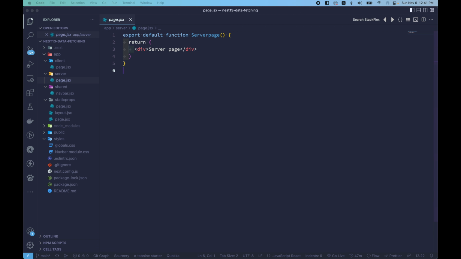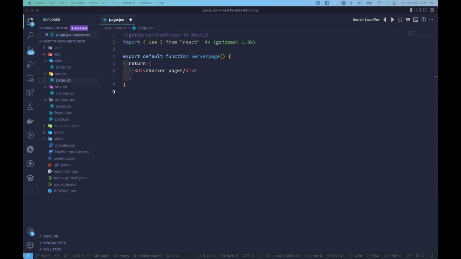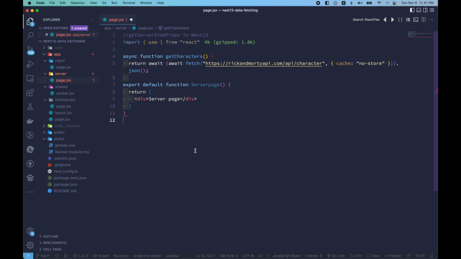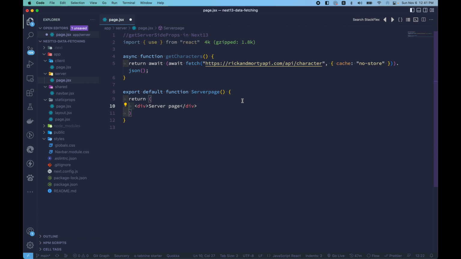So inside this server page, we want to basically use the use hook. We can use the use hook, and we are basically getting characters, the same API endpoint. We are getting characters, and this is an asynchronous action, and we are waiting for it to be resolved. Particularly, the thing that we need to note is that we have additional parameters that we pass in to the fetch API function